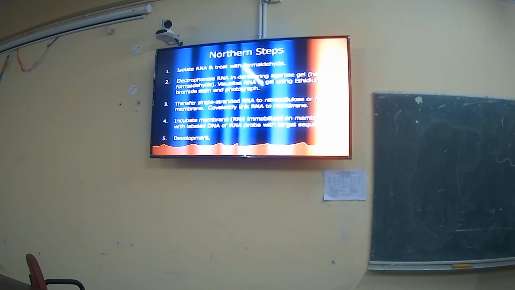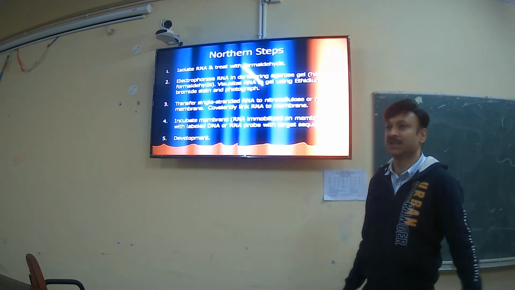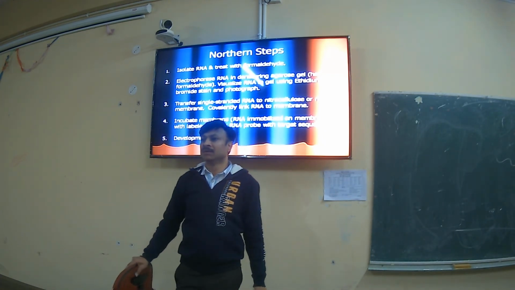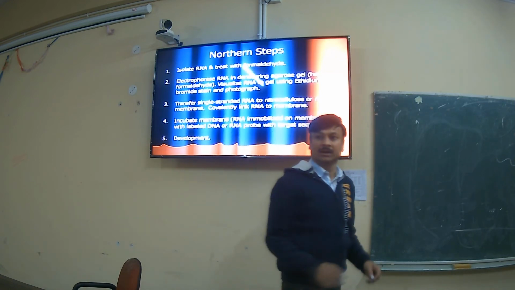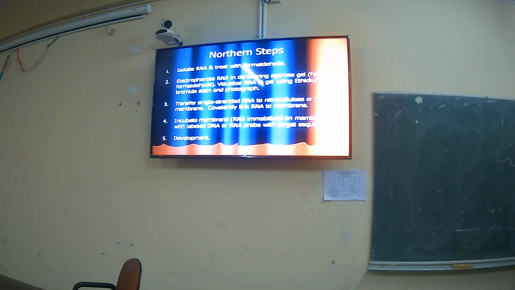So how can you identify whether this one is an mRNA or any type of rRNA or tRNA or whatever? How can you differentiate? Suppose you want to analyze the gene expression. If you want to analyze the gene expression, that means you should isolate the mRNA, instead of the rRNA or tRNA or any organelle RNA. So the first problem is that you have to isolate the exact mRNA. If it is eukaryote, how can you isolate the eukaryotic mRNA?